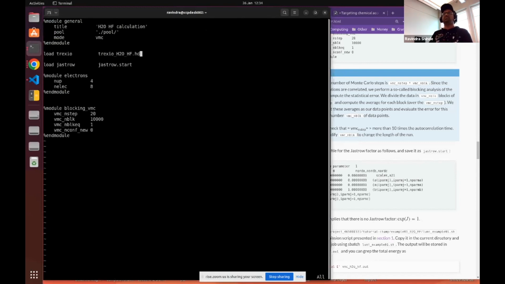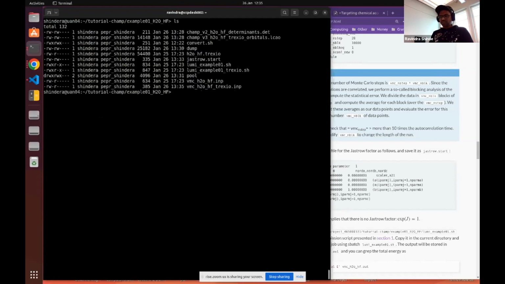The file name has changed. Okay, so currently it needs only this TREXIO file and the JASTRO file. Everything else will be extracted automatically by CHAMP. Now you can sbatch, say, the first one.